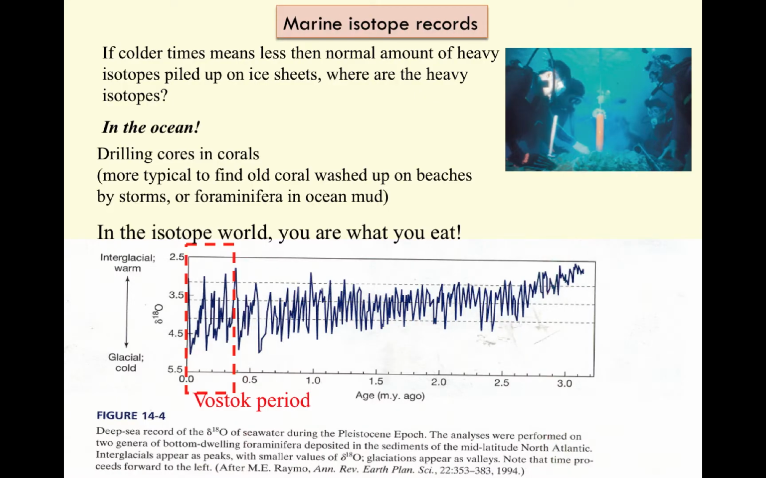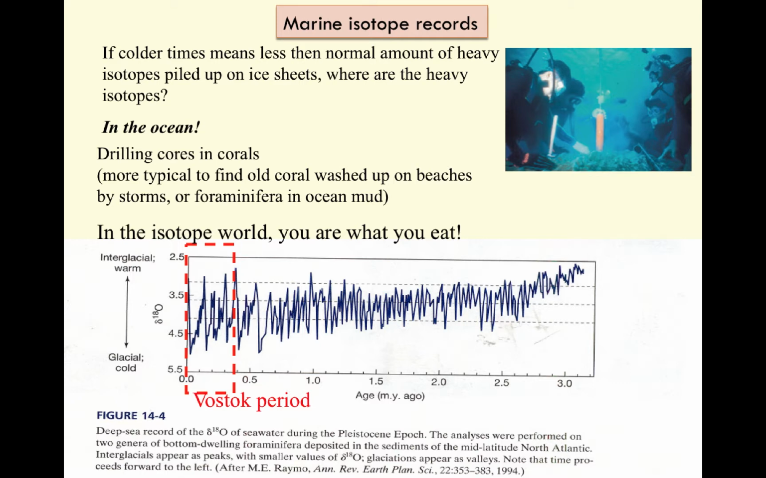Why I point this out is because we have marine isotope records that go back way further in time than polar ice cores do. Here's the Vostok ice core record, 400,000 years back. Here's a marine sediment record that goes back more than 3 million years. The oldest ice core we have, the deepest ice core that goes back the most in time, is roughly 800,000 years, in what's called Dome C. So this extends our knowledge of climate by going way further back in time, drilling into the ocean cores and looking at what's in there. So colder times mean less than normal amounts of heavy isotopes piled up in the